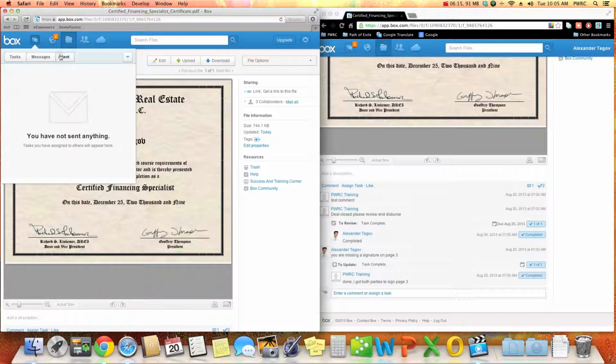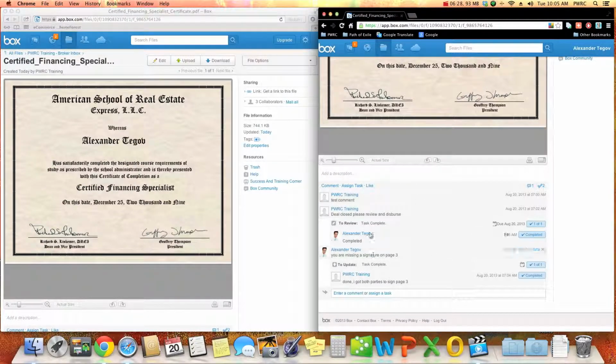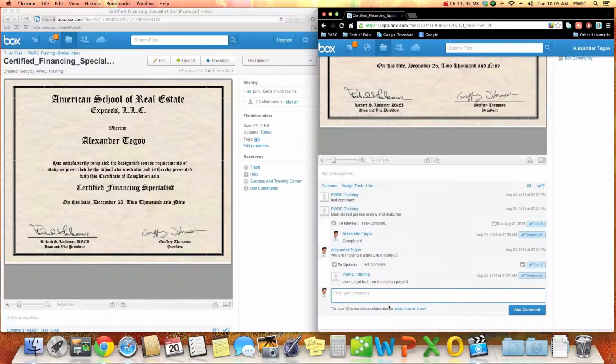Now, messages and sent. The message folder here is basically not used like a traditional inbox where you can just write somebody a message, but the message inbox just lets you know that your name is mentioned somewhere. So if I enter a comment on this task and I write PWRC training,